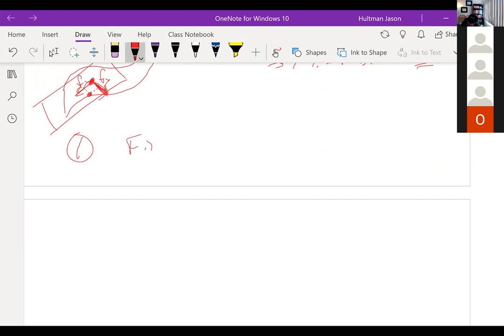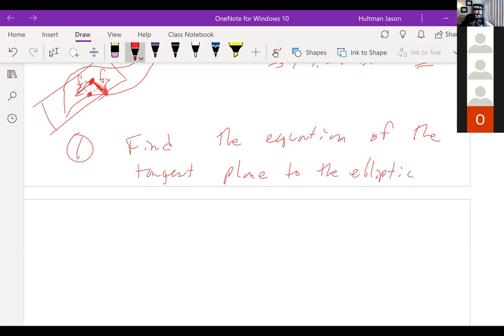Okay, find the equation of the tangent plane to the elliptic paraboloid z equals 2x squared plus y squared at the point. If I plug in 1 and 1 for x,